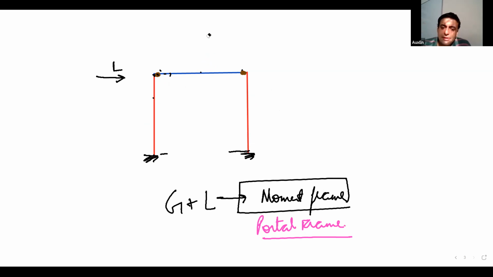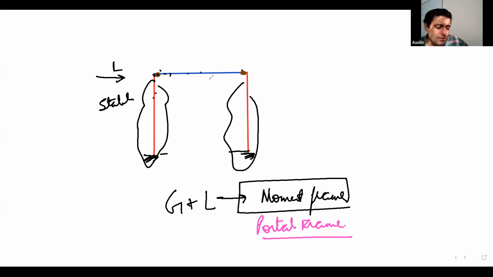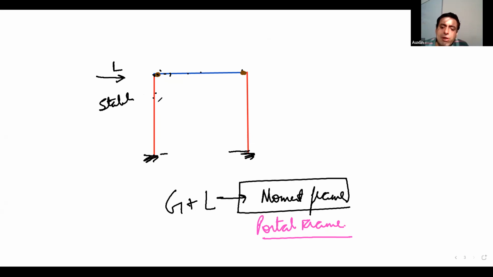So in this case, this is not a stable system actually. This will not be a very stable system because the load from the beam is not able to be transferred to the columns, isn't it? Your columns are sort of vertical cantilevers, but that too only when your beam is able to transfer the loads to columns. In this case, that will not be possible. And therefore, this is not a very stable system, not preferred for lateral loads. Okay. So when you have beams simply supported on the columns, this system becomes unstable.